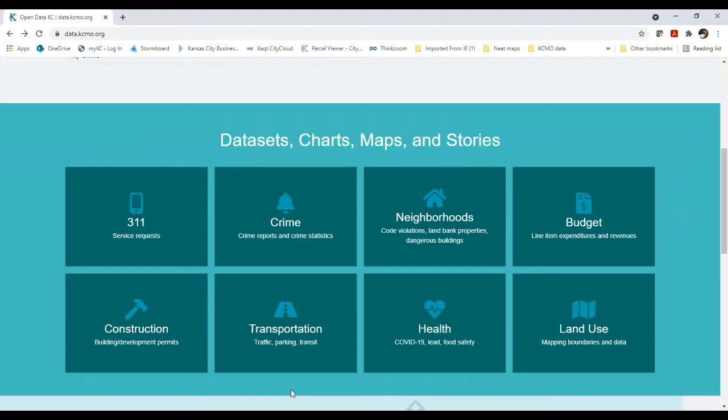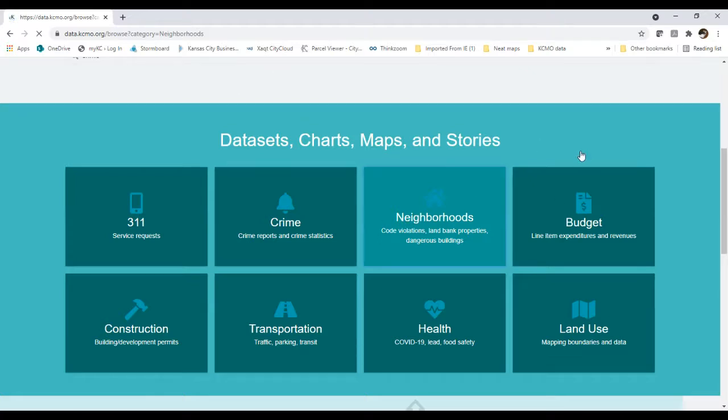So there are a few other categories, but I'm just highlighting the ones that have the biggest number of things. You will see on the internal browsing part of the site all the categories listed. You can see up here, we're not just talking about data sets. So we say charts, maps, and stories. There are lots of visuals available on open data in addition to data sets, and then stories, which I'm going to spend a little time talking about, which are really visuals with context around them. If I click on neighborhoods here, as an example,